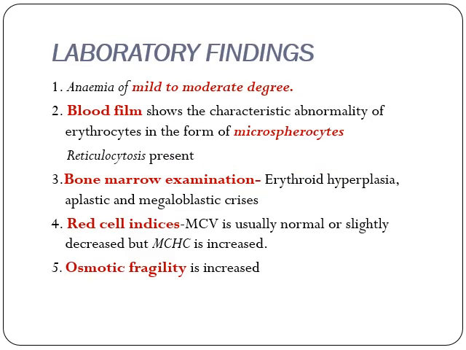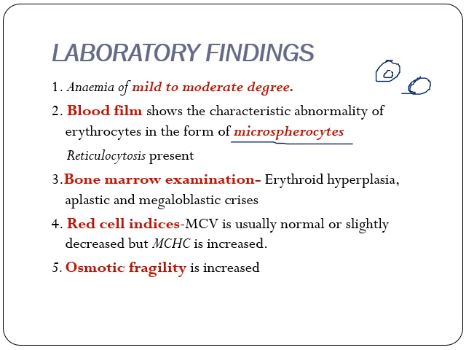Now coming to details of the laboratory findings, the anemia usually will be mild to moderate degree. In a peripheral blood smear, we will see presence of microspherocytes, which is the characteristic of hATTR. What do you mean by spherocytes? In the RBC, there is presence of central pallor. But in hATTR, what will happen? There will be loss of this central pallor. There will be no central pallor, and that RBC is termed as spherocytes. And sometimes they can be small, so termed as microspherocytes.